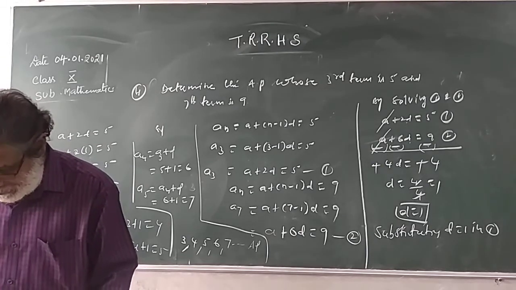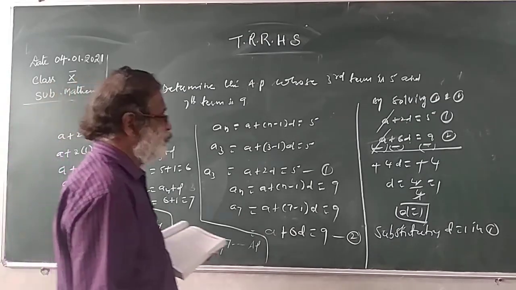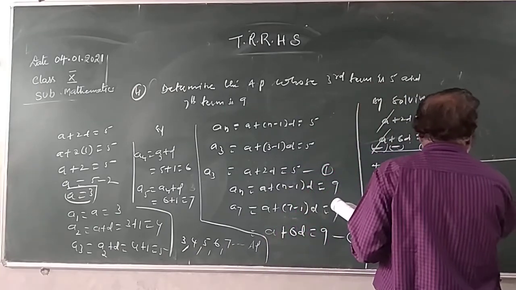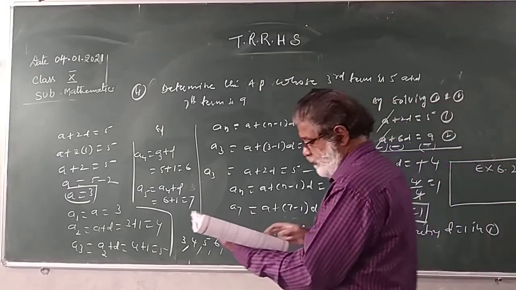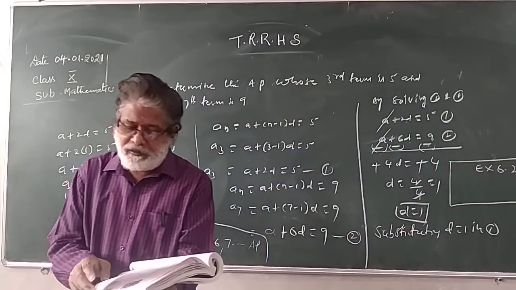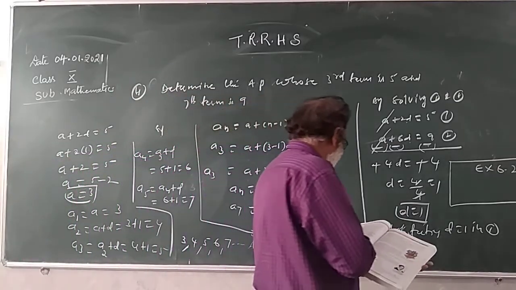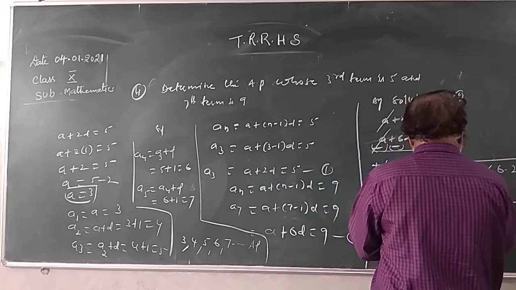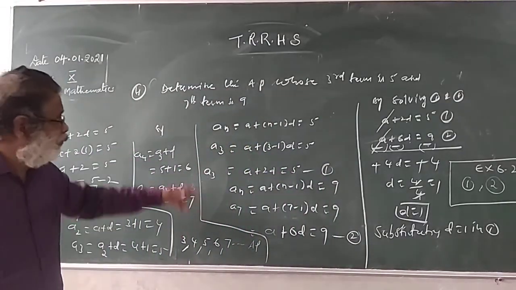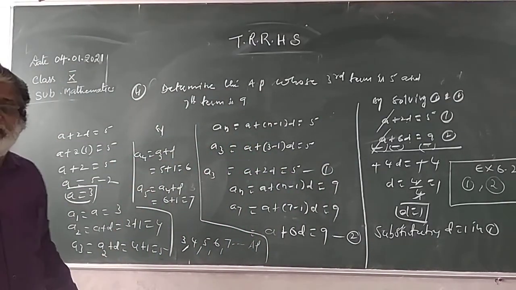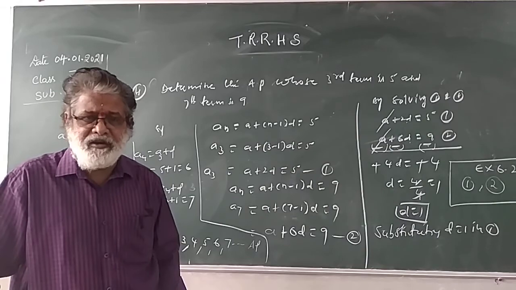Now you try to do exercise 6.2. You have to complete exercise 6.2. Here I am writing. Exercise 6.2 problems: in a and d given, whatever the questions asked, you find those out. Problems 1 and 2, you complete them. Problems 1 and 2 are related to what I explained now. I hope you clearly understood. Whatever I wrote on the board, exercise 6.2 problems 1 and 2 are completed in the classroom.